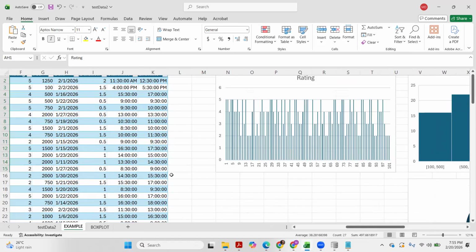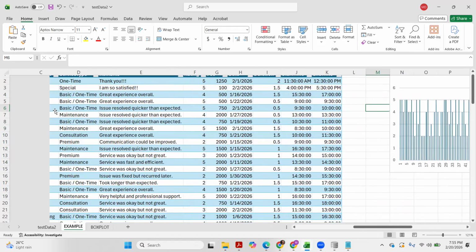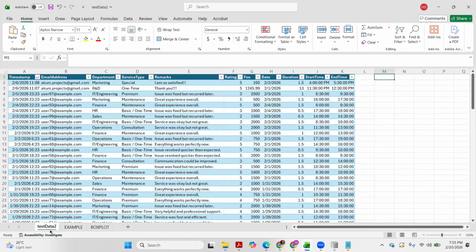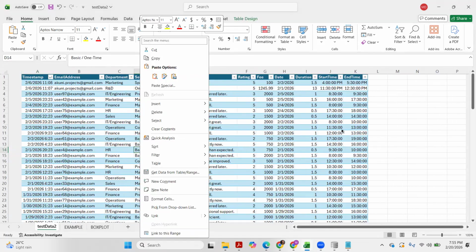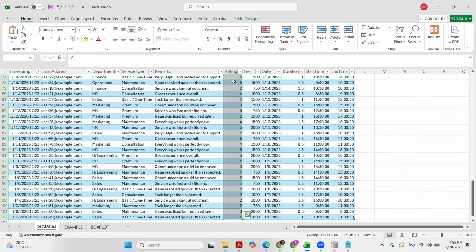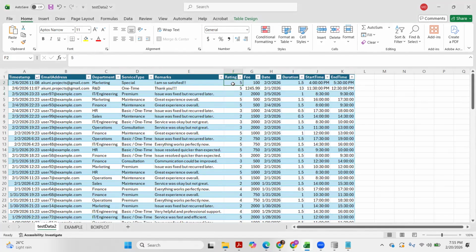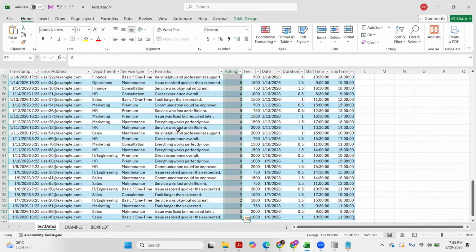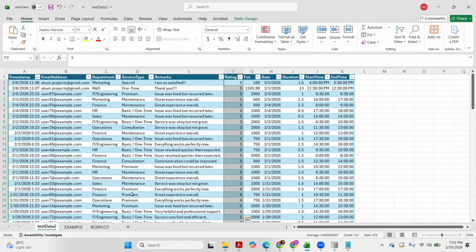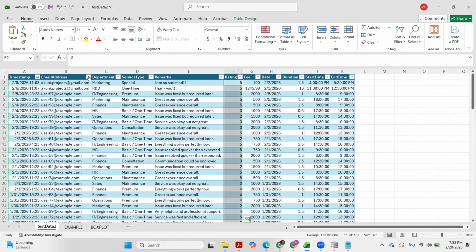So first let's start with the column chart. Let's go back to our newly converted data set. The rating column, as you can see, is mixed up. It's unsorted. Since we have this filter, if we do this unfiltered and directly plot this, we end up getting the same chart. Let me show it.